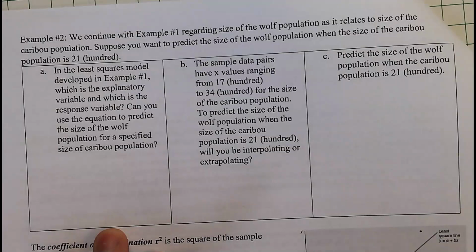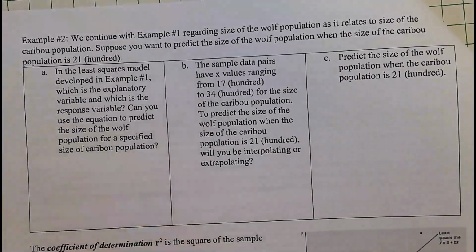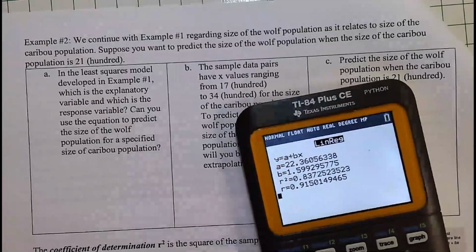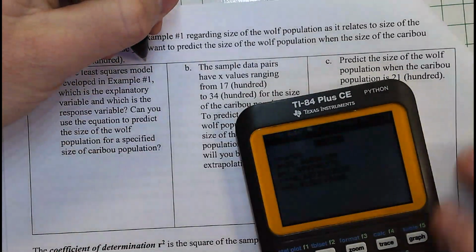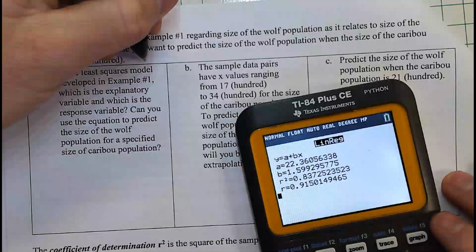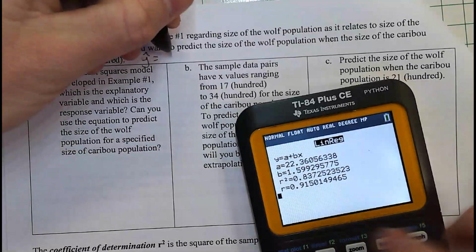the size of the wolf population as it relates to the size of the caribou population. Before I get going there, let's write that equation down. So y hat equals a plus bx